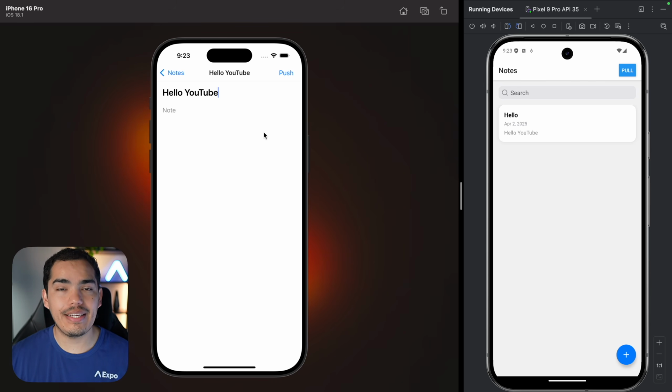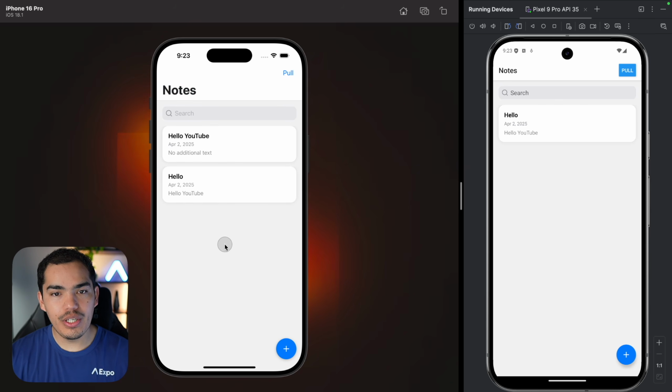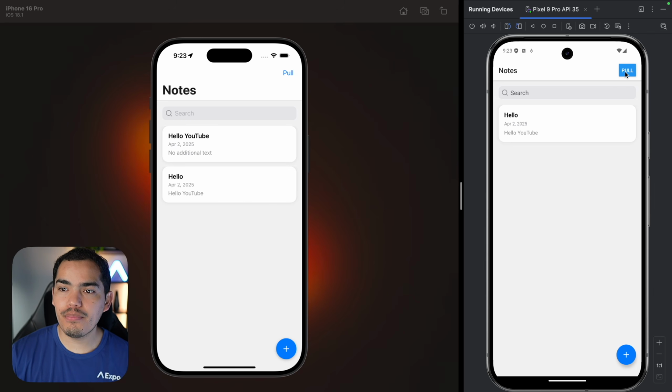This is actually going to sync the database, meaning that it's going to bring anything that we have in the cloud and it's going to push all the changes that we have locally. So if I go back, now I have two nodes, as you can see. And on the Android device, if I just go ahead and press the sync or pull button, this is going